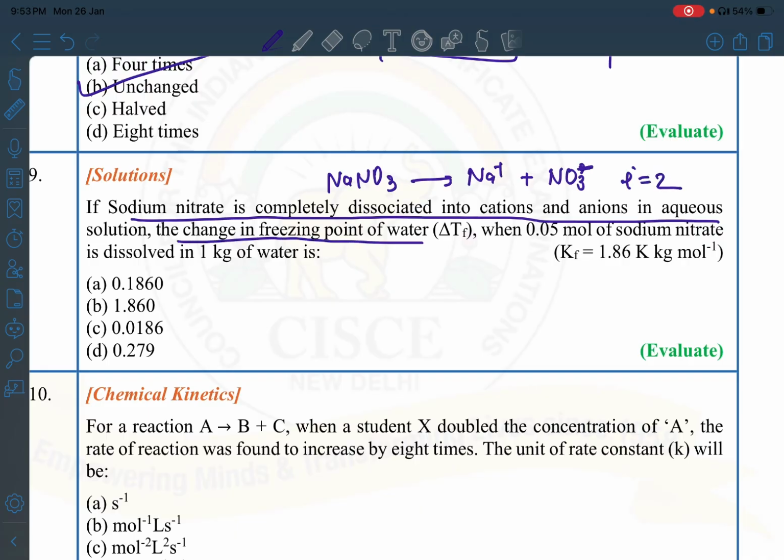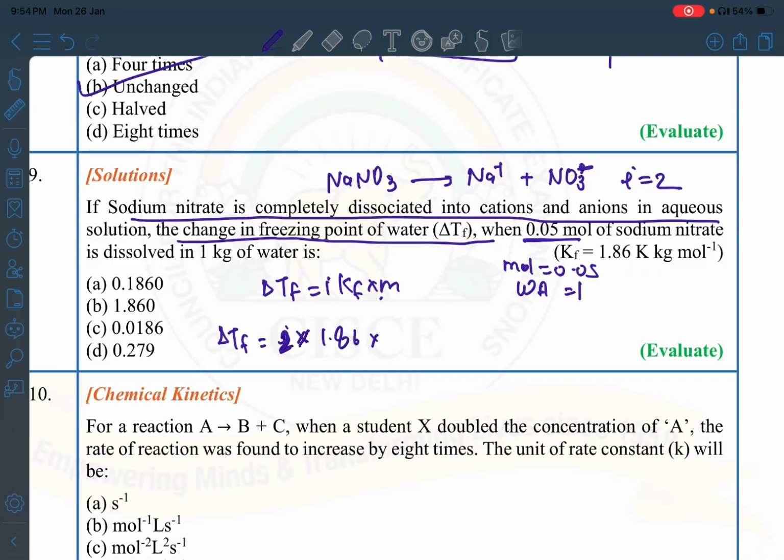The change in freezing point, delta TF, is equal to i Kf m. This is the formula. Moles is 0.05, and the weight of the solvent is 1 kg. So delta TF equals i times Kf, where i is 2 and Kf is given as 1.86. Molality is moles of solute divided by mass of solvent in kg, which is already given in kg. Whenever we multiply this, we get 0.1860. So our answer is